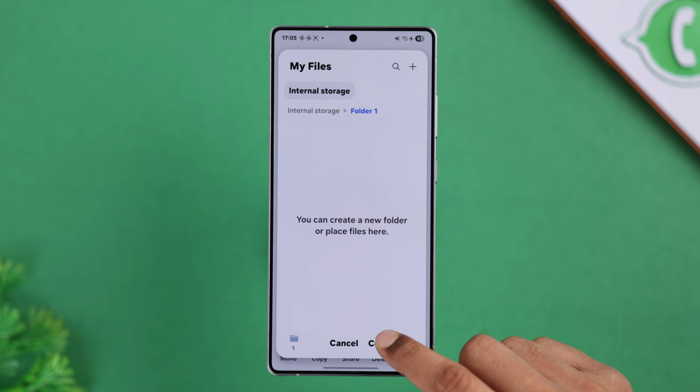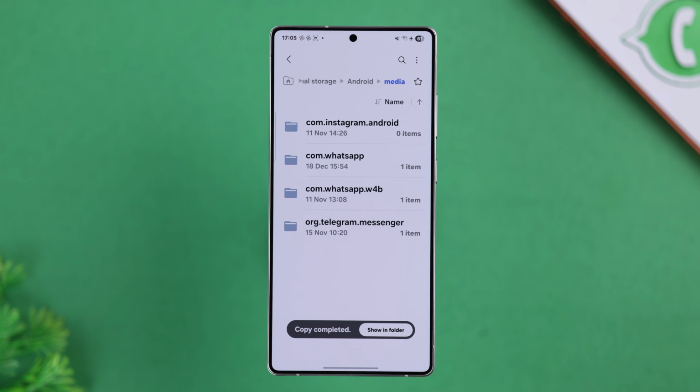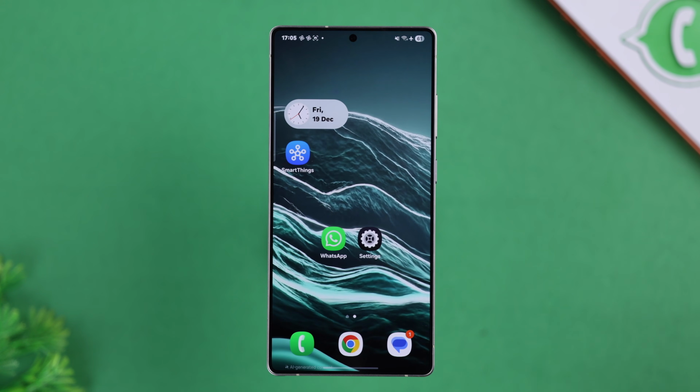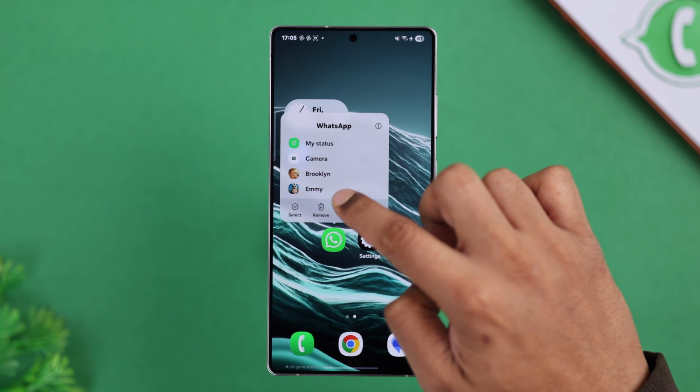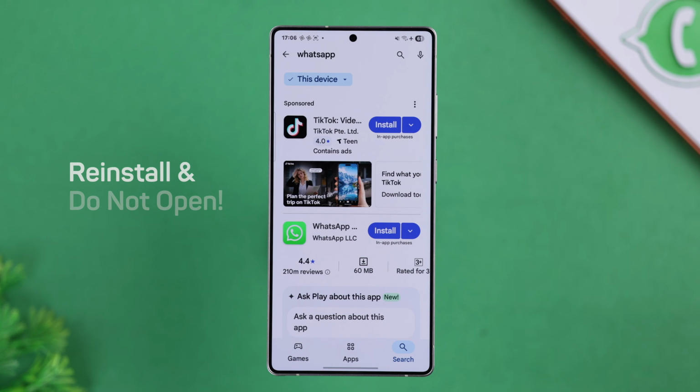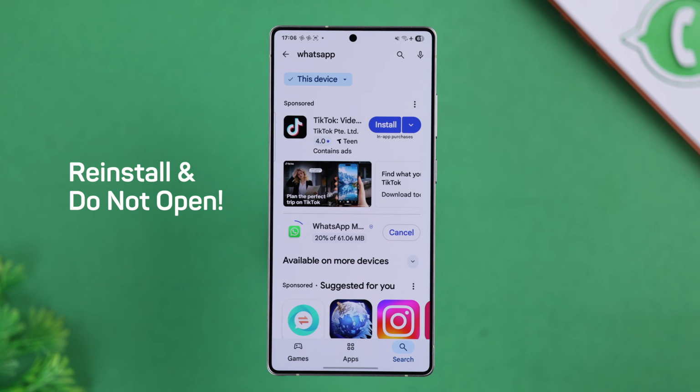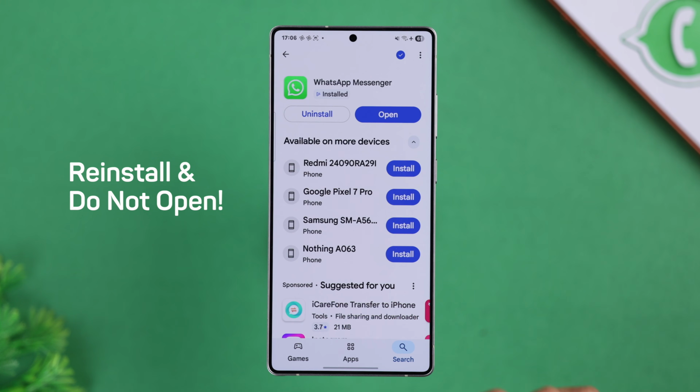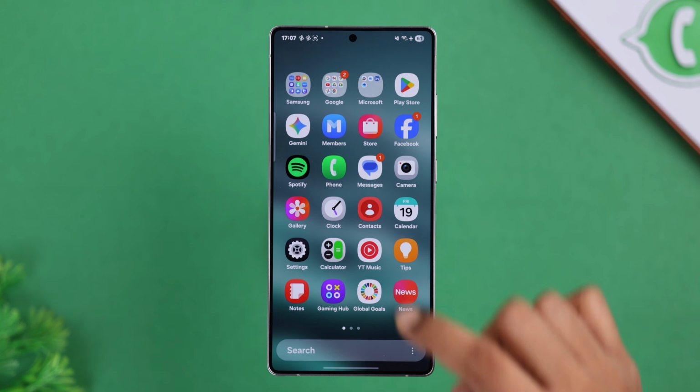Now copy your WhatsApp folder, and in case you have a lot of local backup, this may take a while. After you have copied all your data, you can safely uninstall WhatsApp. Now reinstall WhatsApp, but don't open it. Before that, you'll need to open your File Explorer,